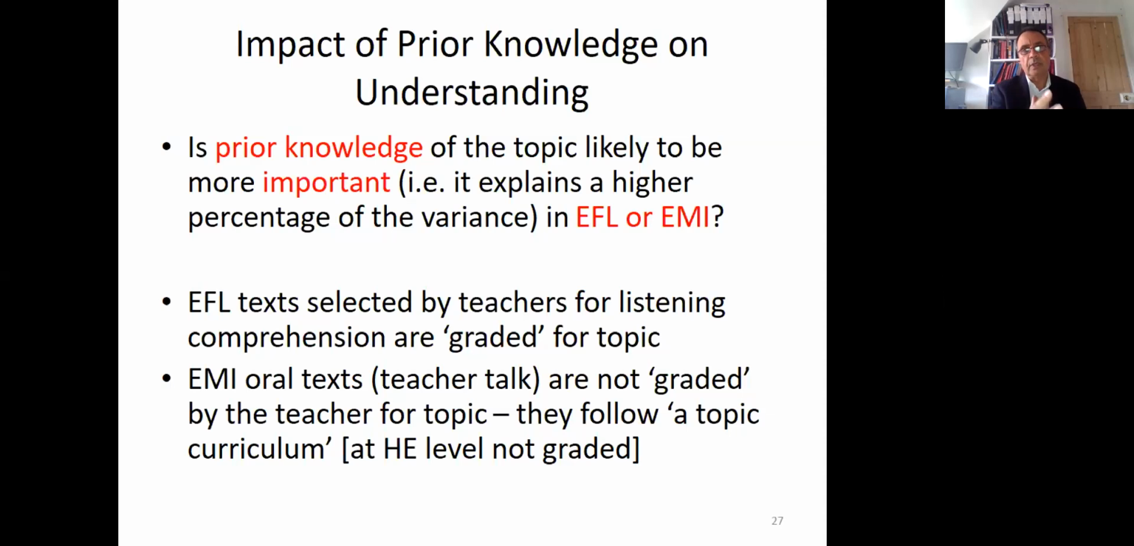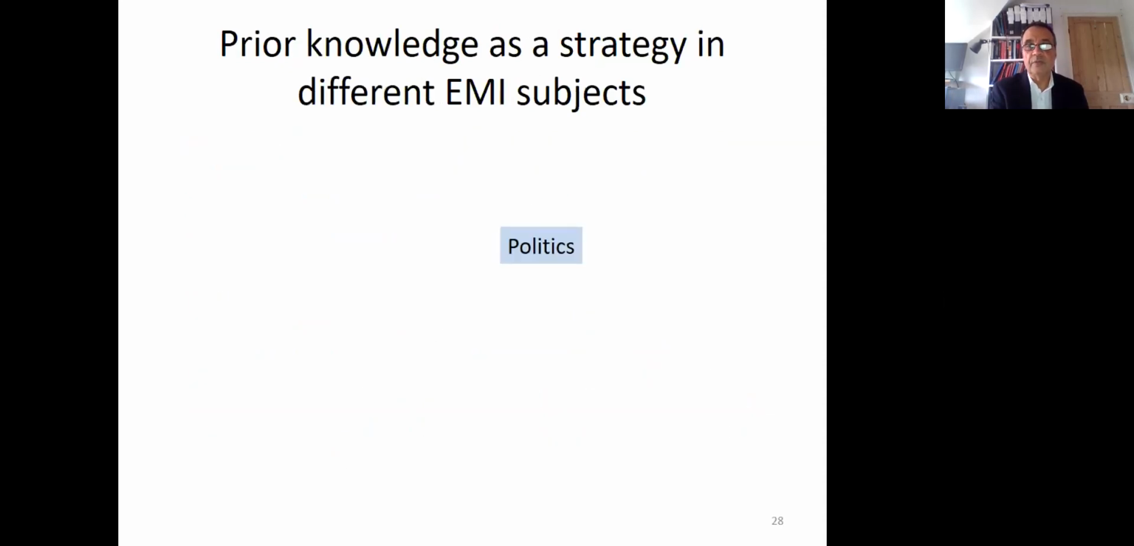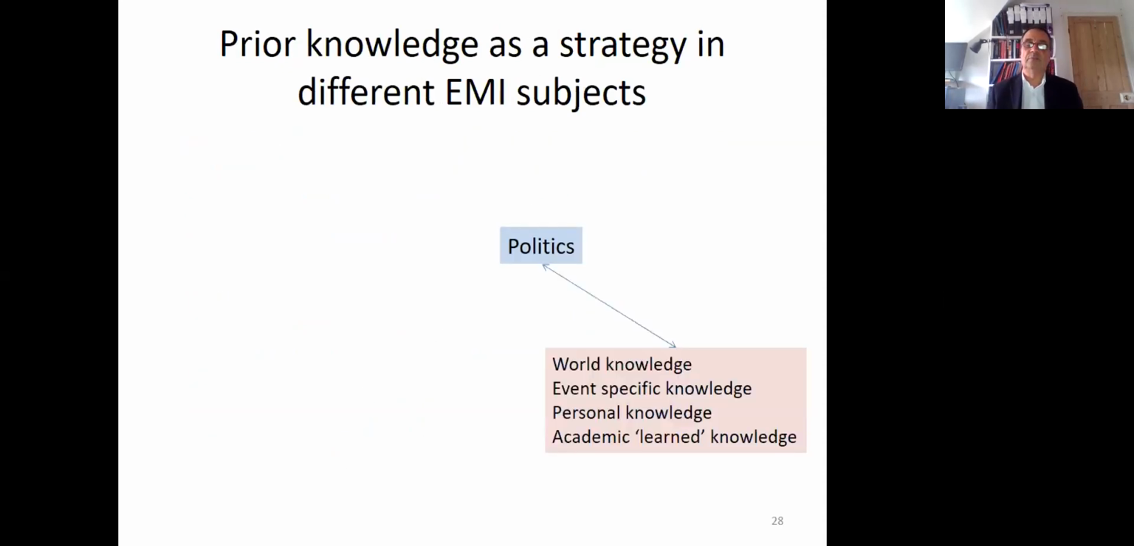So there's a big difference there when you say, okay, use your prior knowledge of the topic to understand what the teacher is saying in EMI. Well, I'm sorry, but we haven't done that topic yet. So how can I use my prior knowledge of the topic? Well, let me show you another example. If you're doing a politics course,